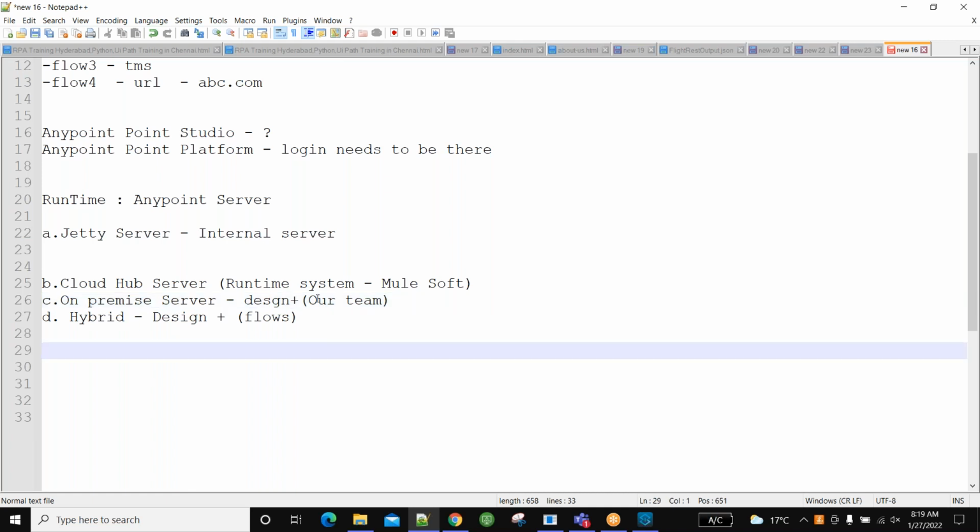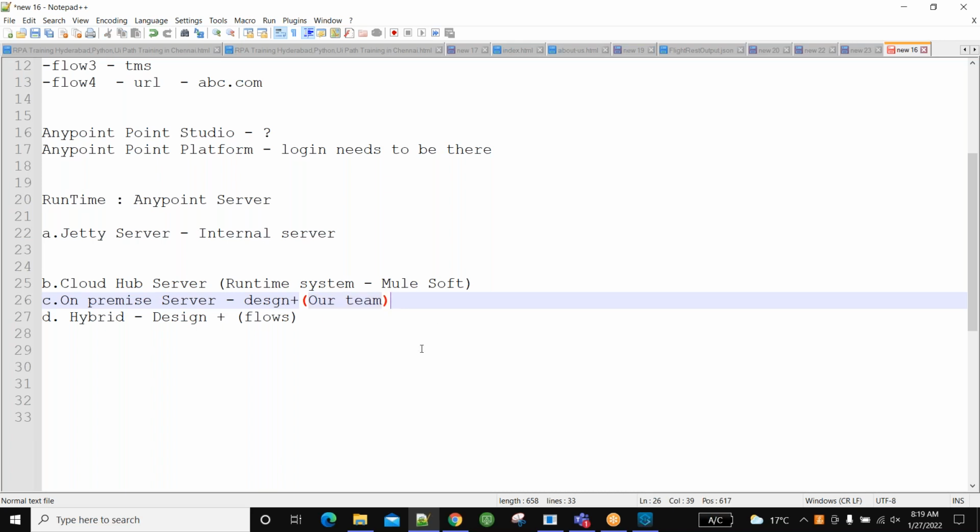If at all they ask, you have to come up with these things. On-premise server, our separate server team has built the server. They are in contact with them. They provided the IP addresses and everything where we have to deploy, and in that location we have deployed. Another immediate question is, where is your server? I am saying on-premise server, that is fine, but where is it? You say some US or UK, it was built and it is our own server. For on-premise server there will not be many questions, because everything is internal. We are building, framing, and deploying.